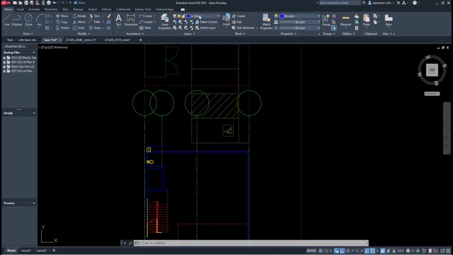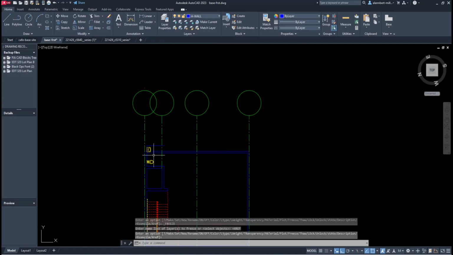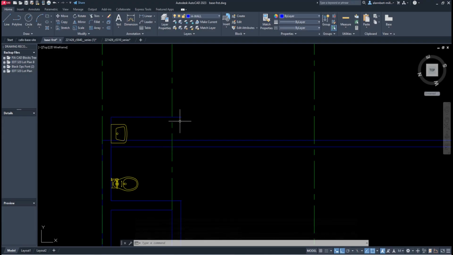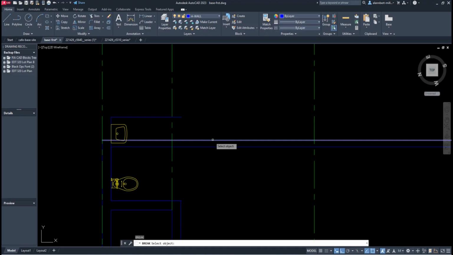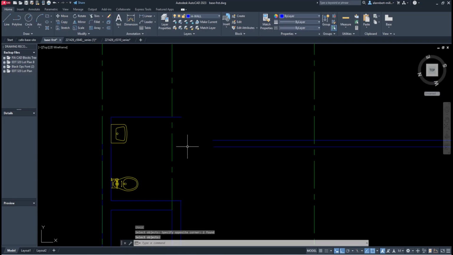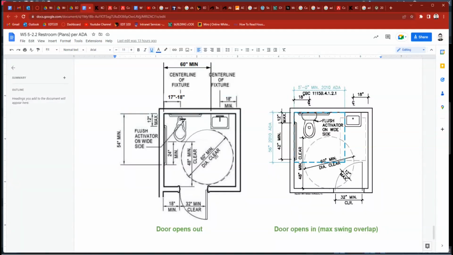Okay, let's refresh the XREF, and I will now use this as my wall. And so I'm going to break this wall over here because I won't need that. I'll reconnect things later when I'm done. And then let's go back to our design guidelines, and we have to figure out now the depth of this